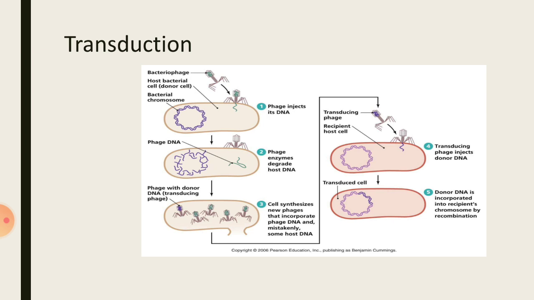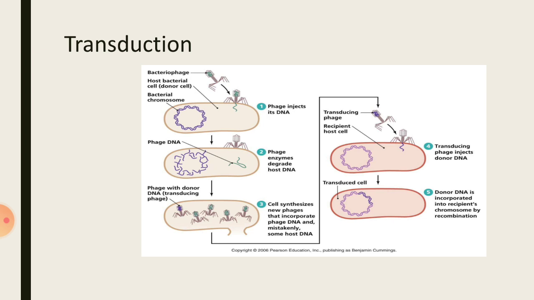As you all know, a virus attacks the bacteria and injects its DNA material into the bacteria. After some time, the viral DNA which got injected into the bacterial cell takes command over the entire bacteria. It takes control of the genes of the bacteria and all its processes, so the virus becomes dominant over the bacteria, though it is present in the bacterial cell. In some cases, the virus DNA gets integrated with the bacterial DNA. In other cases, it remains as it is. Whatever be the case, in the process of replication of the virus, it gets a few genes of the bacteria.